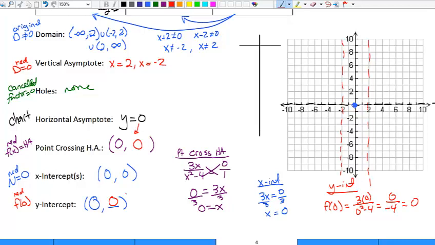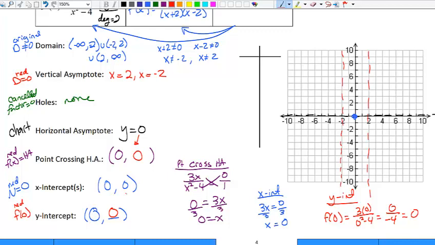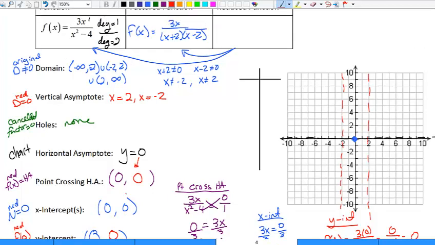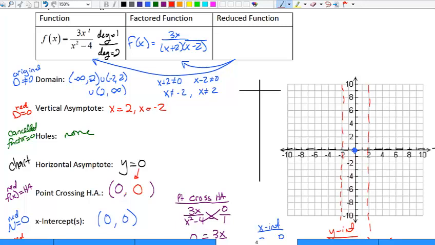All right, so we've plotted everything we can, and we actually don't have a very good picture of what's going on here. So I need to pick some more x and y values and plug them in. I need to know what's going on the left side of the graph. So I'm going to pick something to the left of my vertical asymptote. So I'll pick negative 3. That's either going to tell me if my graph's down here or if my graph's up there. I'm not sure which one it is, so I'm going to have to plug in a point, negative 3, and find out. So when I plug f of negative 3 in,